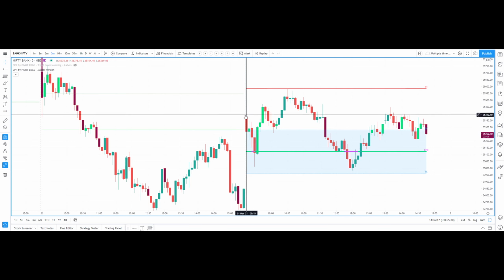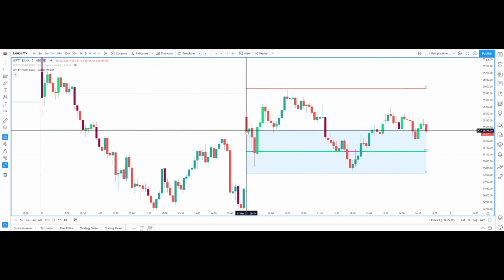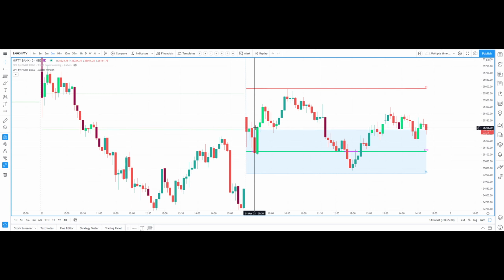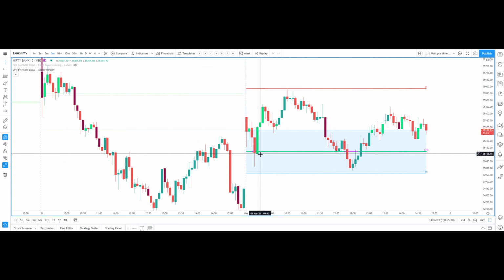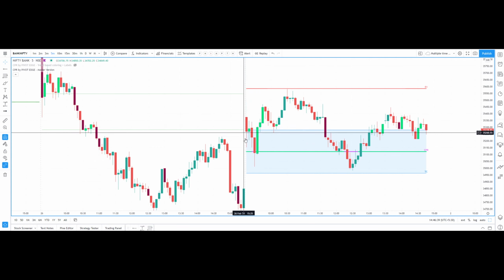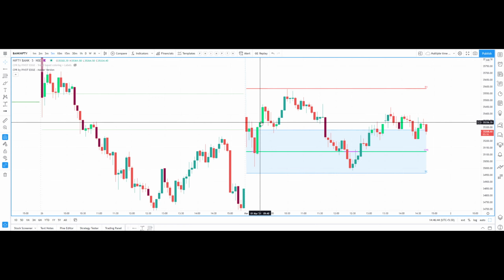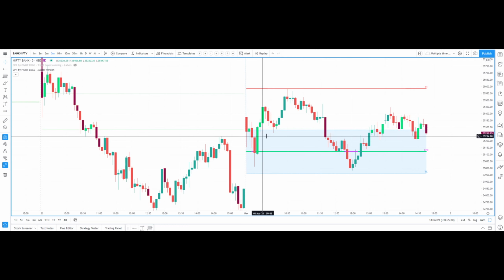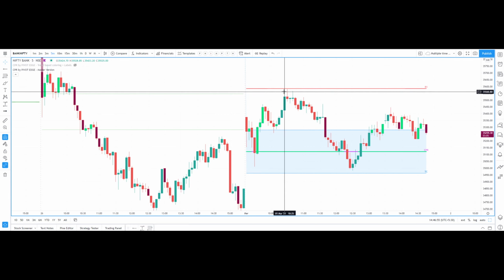So here the first candle was a red candle, after that you got one buy signal. For a buy signal, after this candle you still need to wait for one more candle to go above this band, the CPR band, and a strong candle. We didn't get that, so it came down. Next we got this strong buy candle at 9:35. After this it is confirmed that okay, now the trend has changed, you can go for buy. So if you enter long on the candle after this green candle, you can keep your stop loss just below the top band of the CPR, with R1 as the target. You have achieved the target here.